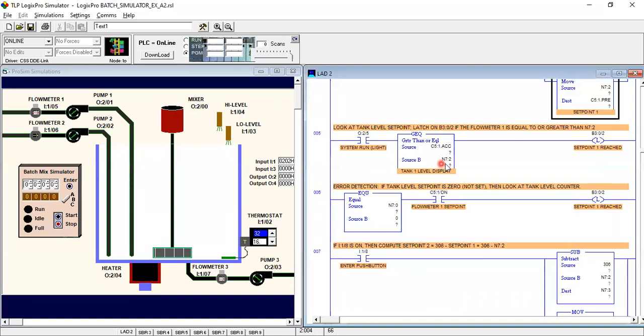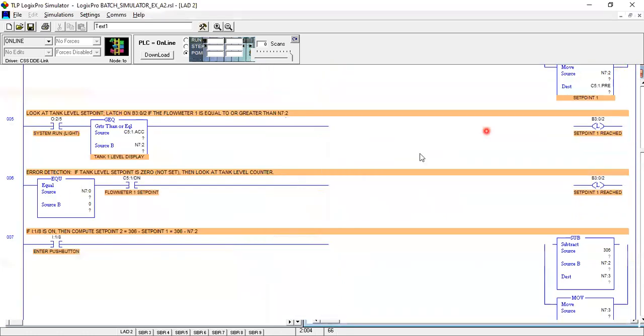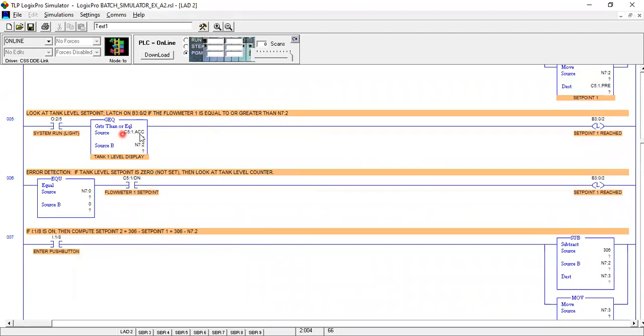And here is the controlling of the level. So in the tank, you will control the level of the liquid. That is the method of controlling, and you are using this instruction